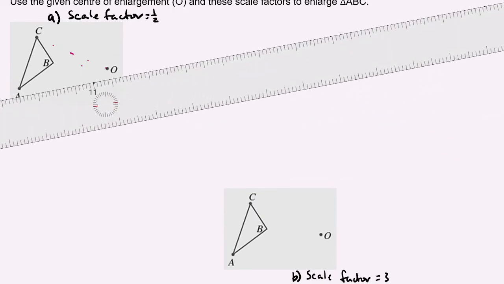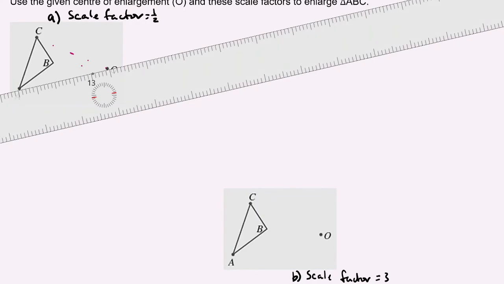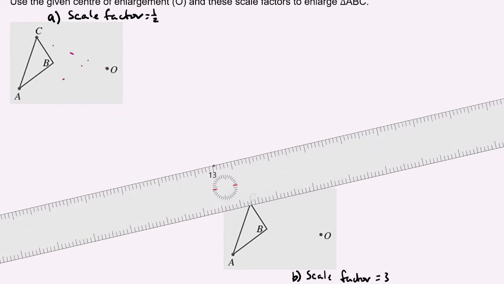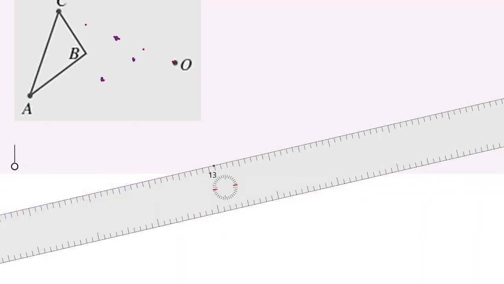And again, I get the other one, and it's 1, 2, 3, 4, 5. So I want to go 2.5 to make my new triangle. So I'll just make some dots there. If I make that a bit bigger, so you can see it a little bit better,